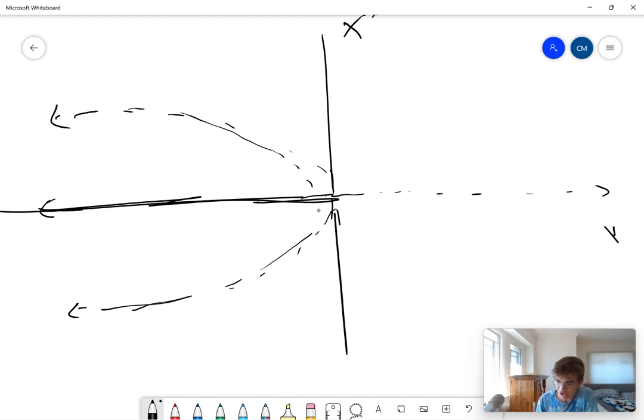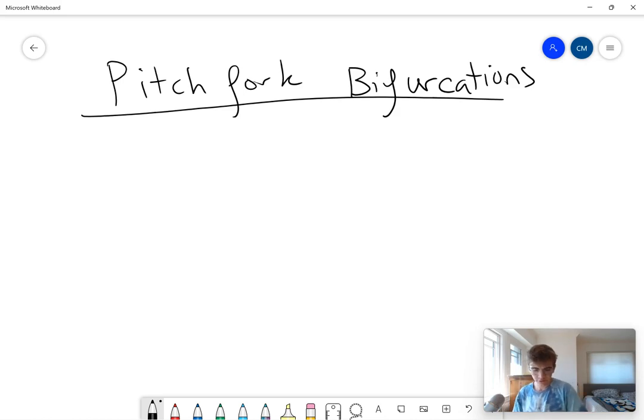And then the origin, which is stable, these two unstable branches basically collide together and cause the origin to become unstable. And so if we were modeling a population and we had some stable value here, and then we drifted r past 0 and had a subcritical bifurcation, all of a sudden